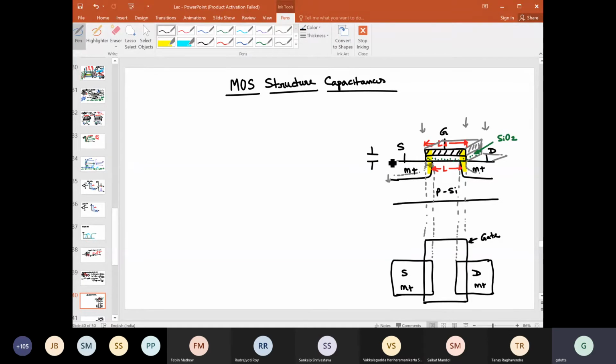So obviously it is not difficult to understand that this capacitance is the capacitance due to the overlapping of this source and drain contact. So this will be the gate to source overlap capacitance. Similarly, this side it will be the gate to drain overlap capacitance, right? Now let me ask you one question in this context. Can you tell me whether, if I change the gate voltage, the value of these capacitances will change?